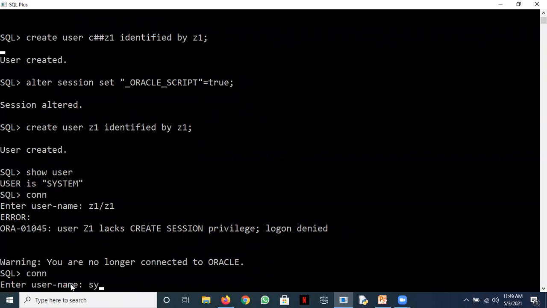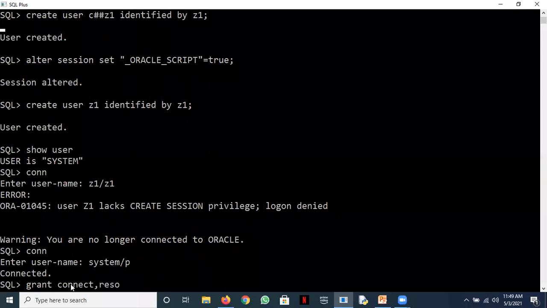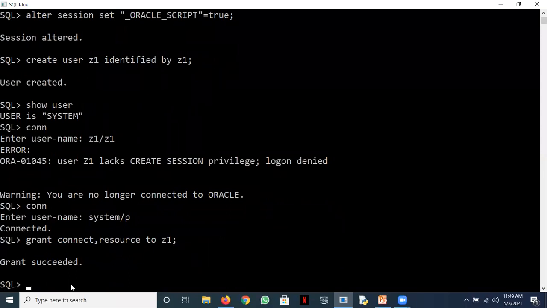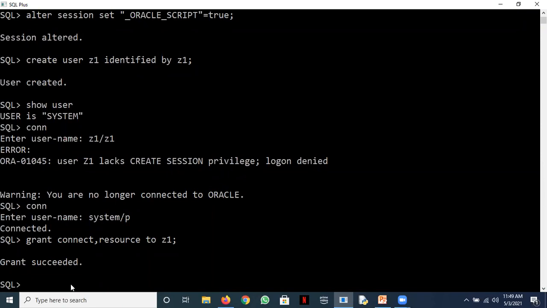So let's give it this privilege. Again, I need to connect as system. I can give the password here, and then I can write grant connect, let me just first write these two privileges to Z1. Now these are the roles. Two things are there: privileges and roles. Roles are a group of related system privileges.